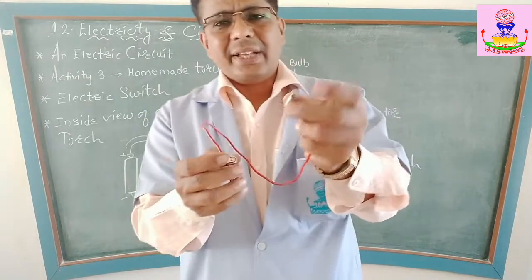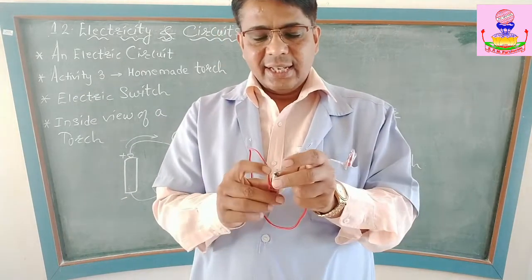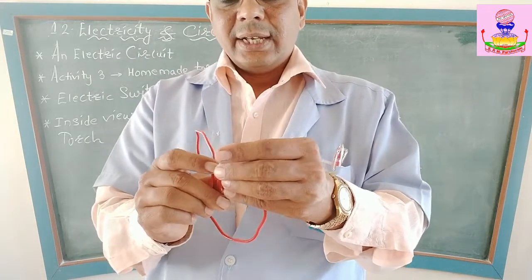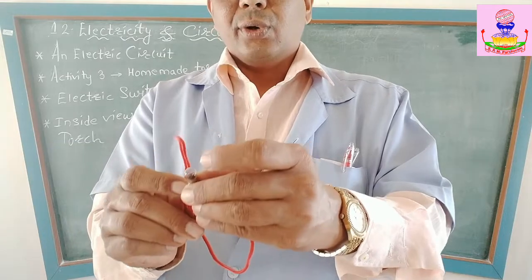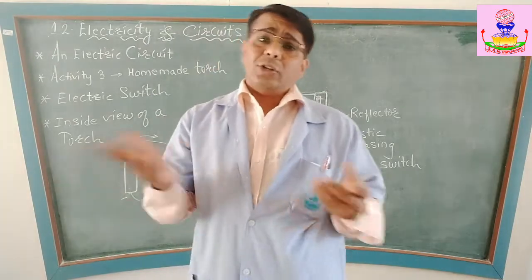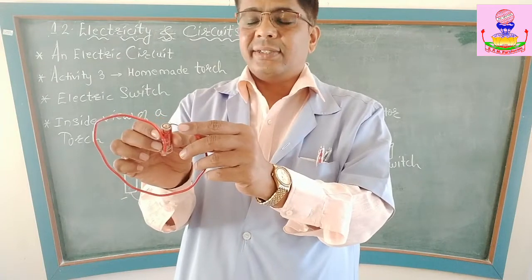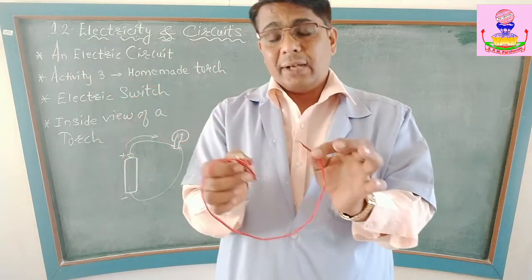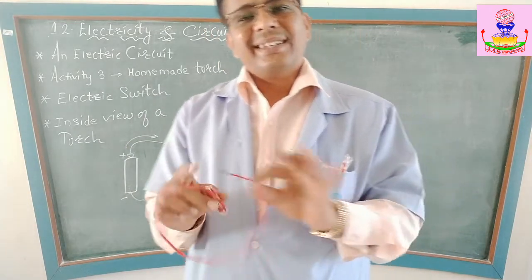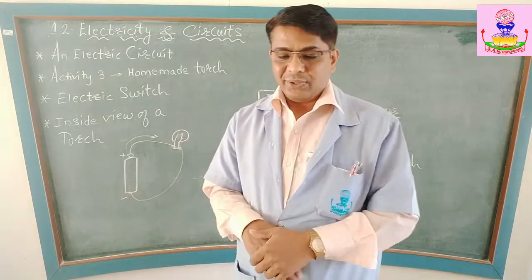The only thing is what we have done: instead of connecting it to the battery bulb, we have connected directly to the cell like this, to the positive terminal, and then you can place the bulb here and it should glow. That is what Paheli has done. So her arrangement is also correct. The only thing is, don't keep the wires in touch continuously like this. Because of that, the chemical reaction goes on continuously, current flows, and the cell is outdated. So we have to use a new cell.